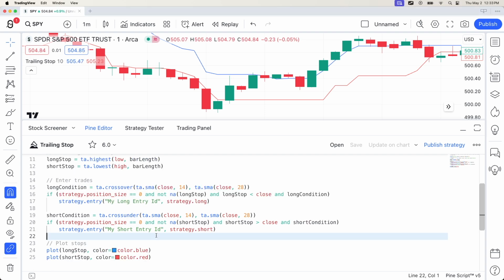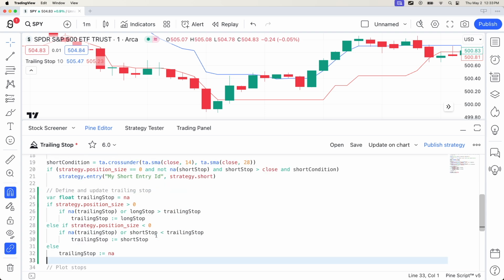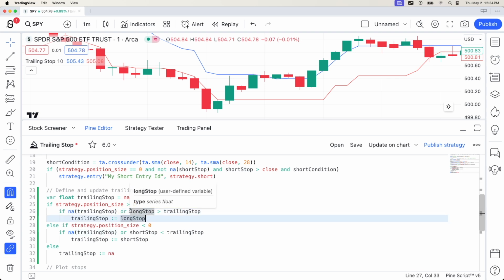With this in place, we can now introduce our trading stop to be updated. Let's paste the code and go over it. A persistent variable for our trading stop, initialized to null, being updated as follows. If long, so our strategy position size is more than 0, our trading stop gets updated with long stop if the trading stop is null on our first update, or our trading stop would be moving up, so long stop more than trading stop. And on the flip side,